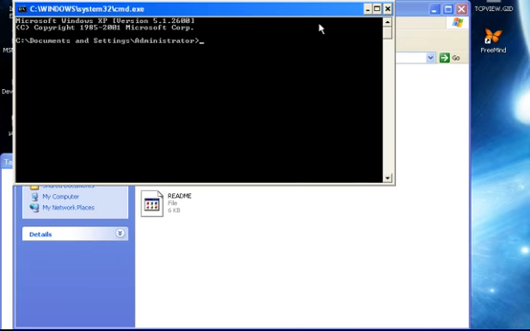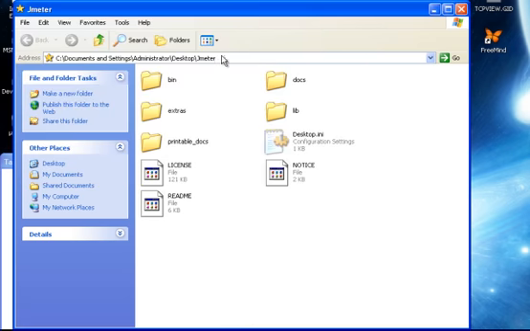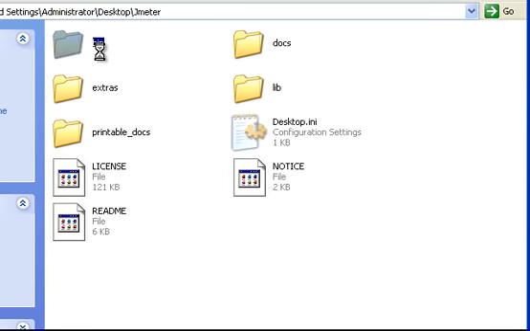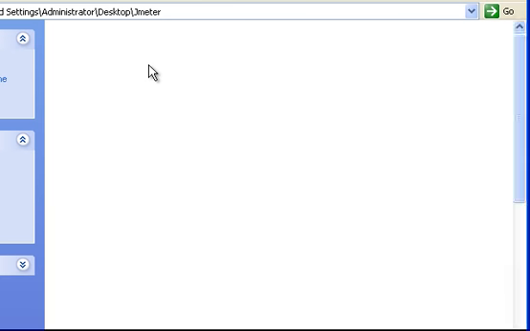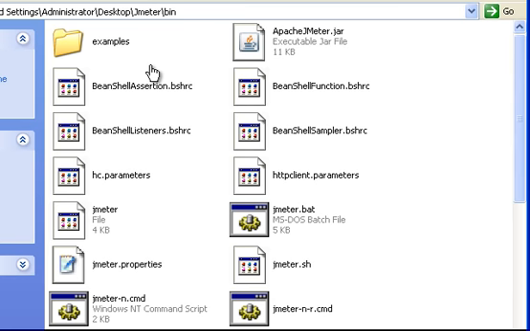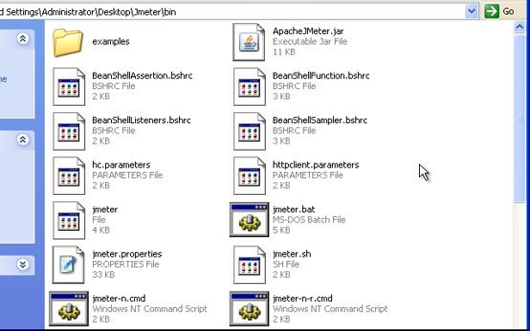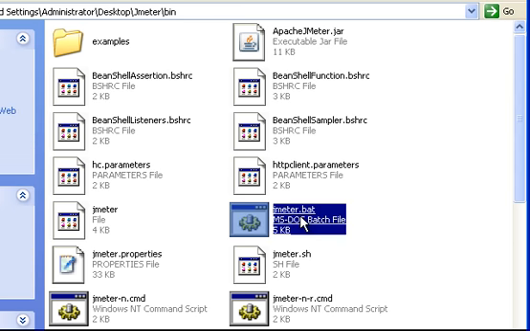So you'll want to first open the view of Jmeter here, and there we see files bin. This contains all your essential pieces of the application. Not all of them, but these are the executables in here, in bin. So what we want to do is we want to be able to run this from the command line. So this would start up the tool, but